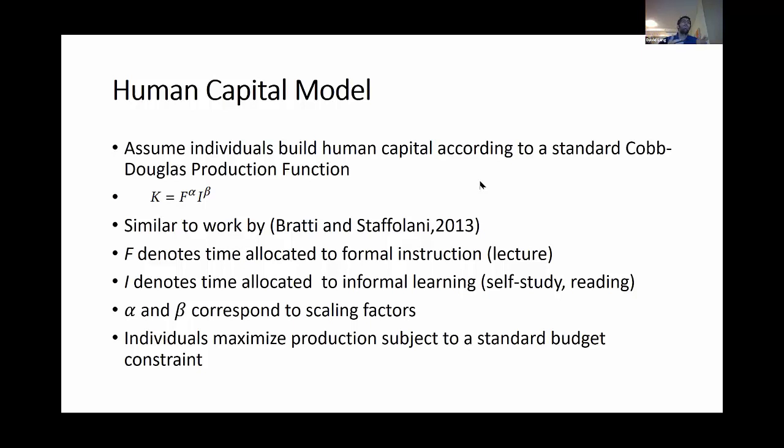And what I assume that an individual who's trying to learn in a course will do is that they will have some sort of knowledge function that is a composition of how much they engage in formal learning, that is attending lecture, and how much they engage in what I'm going to call informal learning, which is self-studying and reading. And I chose this production function where alpha and beta are scaling factors, but most of these results will hold